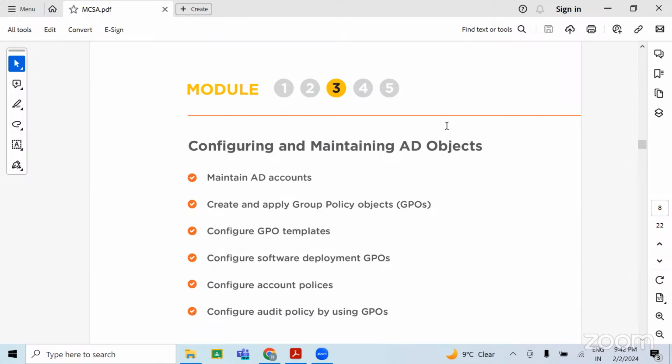Subdomain you can say as a child domain only. It is a kind of child domain controller only, through which you will be able to manage the load of your organization. Or let's say I have a corporate office in the US, but I have multiple branch offices in India, Australia, New Zealand. In that case, the primary domain controller is going to be in the US, and for all these branch offices, I can configure the child domain controllers, CDCs. So it is also called a subdomain.